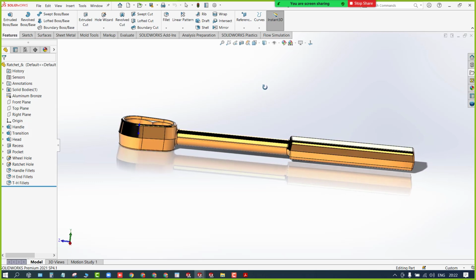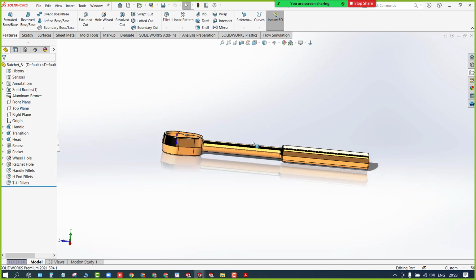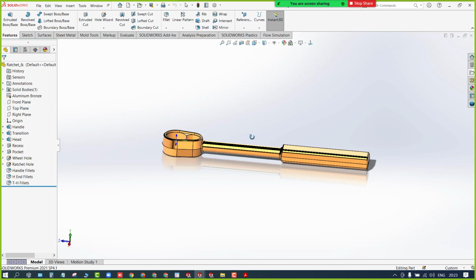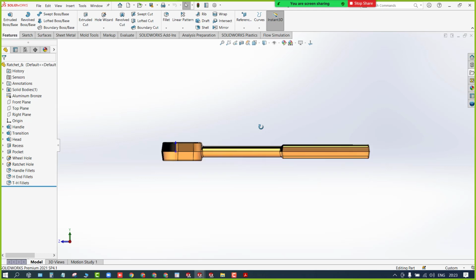So right now I need the front plane. Okay, so what you can do is you can use the rotating panning option so that you can simply rotate it like this, and once it is near to front view, press N, so it will automatically take you to the front plane. Okay, normal to view. You getting what I'm saying?